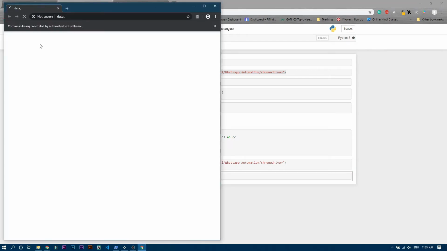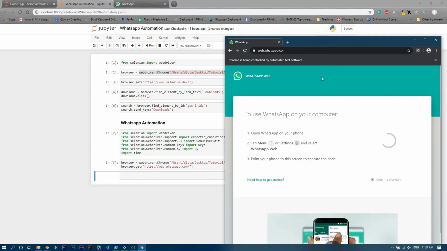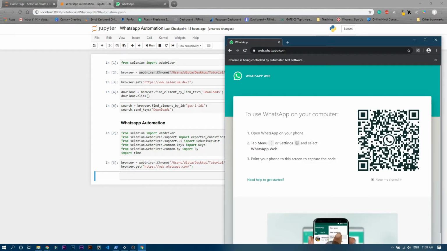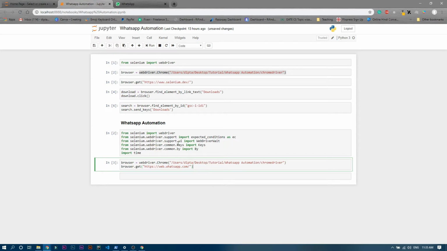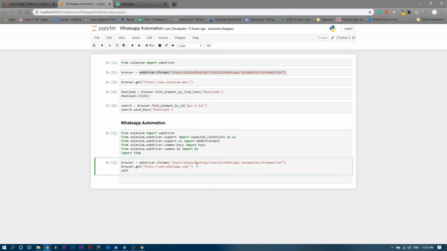Now you can see this Chrome automation is opened and it is opening this section, right? So now we have to scan this barcode from your phone. Okay, but before scanning this barcode, we want to add one more thing, a wait function. You can see we imported this WebDriverWait, right? So we will use that. I'll just write over here wait, that is the variable name, and that is equals to WebDriverWait, with W in capital, and then we will write driver comma 600. So it will wait for 600 milliseconds to open the Chrome browser. Anyway, let's run it.